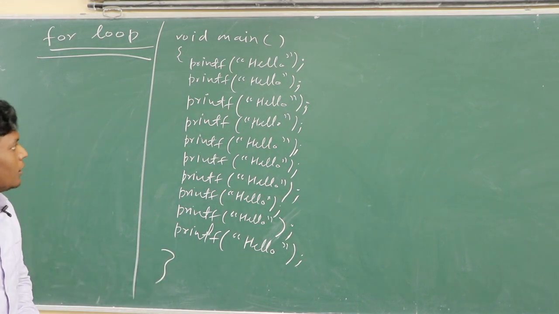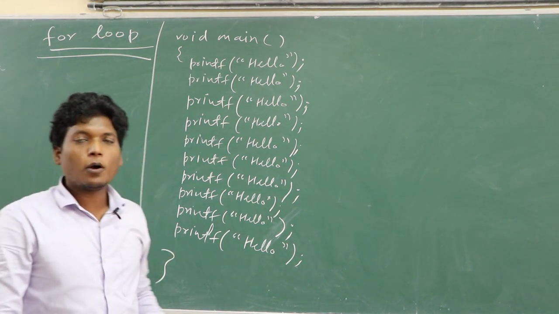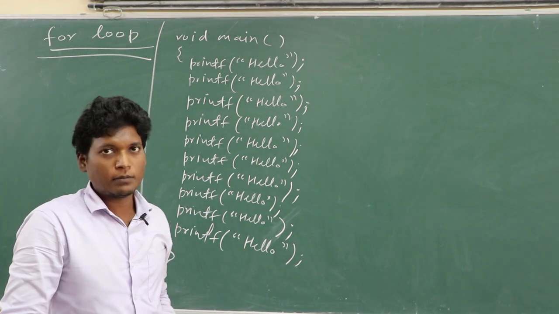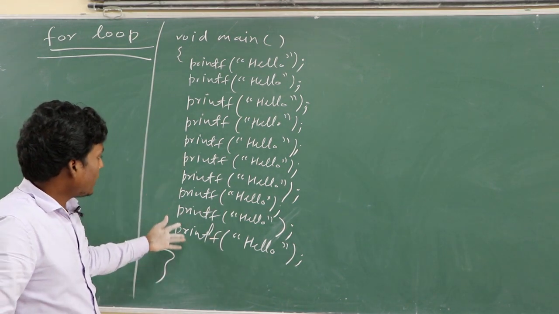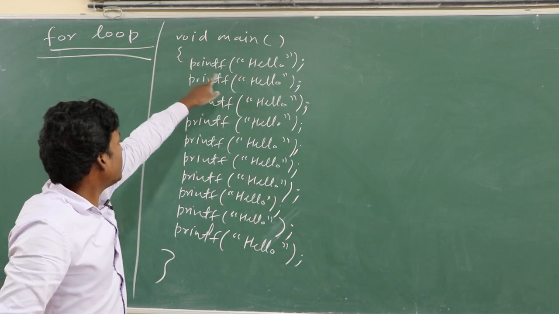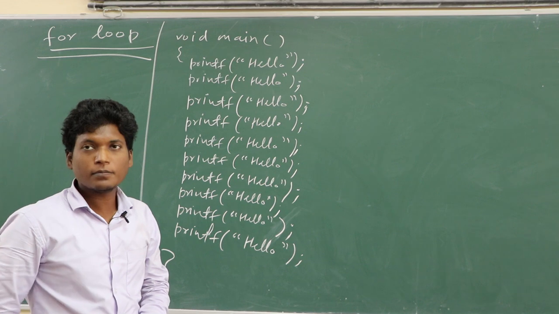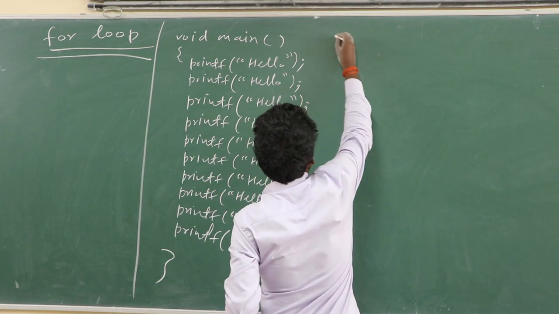Main is closed here. Class, there is a problem. Write a program in C to print hello 10 times. So one way to print hello is this way. Void main, printf hello, printf hello, printf hello, printf hello, 10 times. Okay. Second one is a